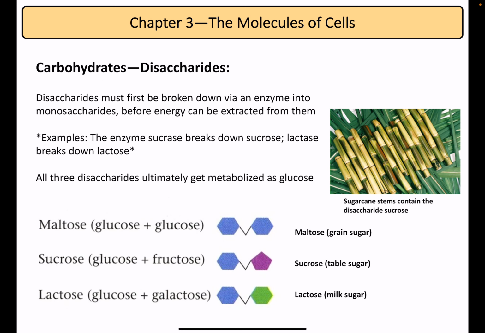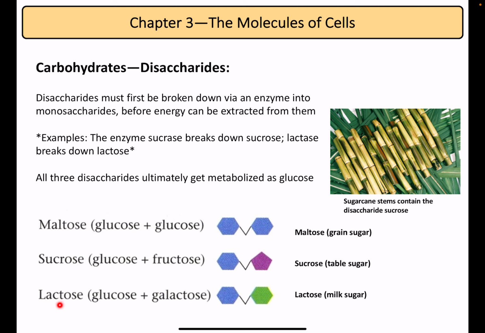Moving forward, if you put two monosaccharides together into like a chain of two, we don't consider that a polysaccharide. To be a polysaccharide, you need three or more. So we have a special name for when you have two monosaccharides covalently attached to one another. We call that a disaccharide, di for two. And there are three biologically relevant disaccharides that I want you to be familiar with. Those are